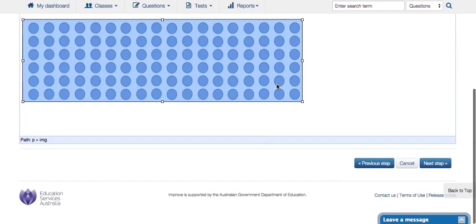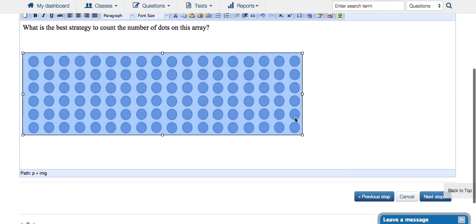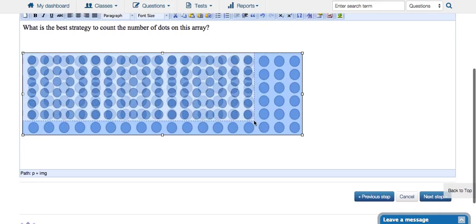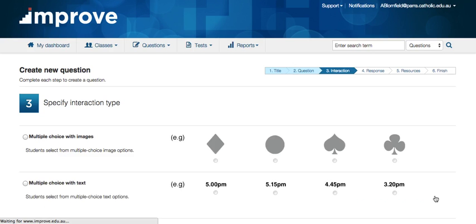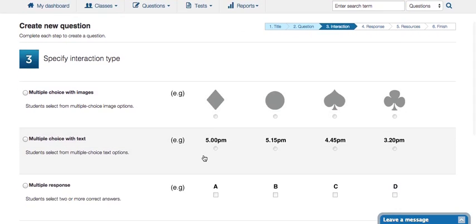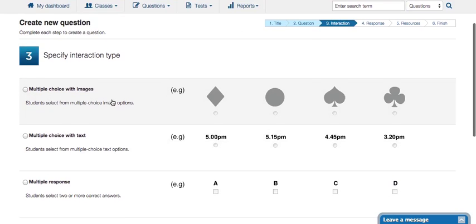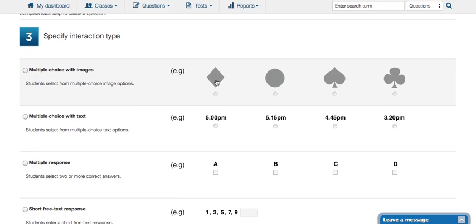Okay, so that's it. Now you can click on the image itself and just reduce it if you choose to, or increase it. So let's leave it like that and go to the next step. So the next step is how you want the interaction with the students. Now, multiple choice with images, I don't need that in this example, but obviously what you can do is insert images that are the different choices for your multiple choice. I just got text in this case,